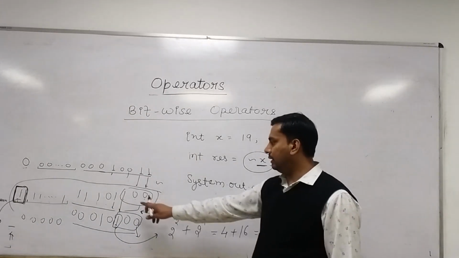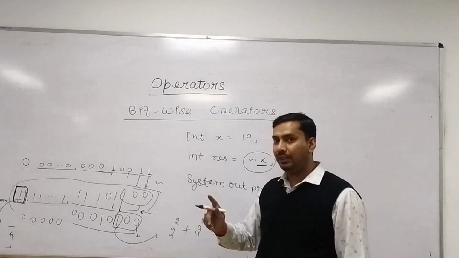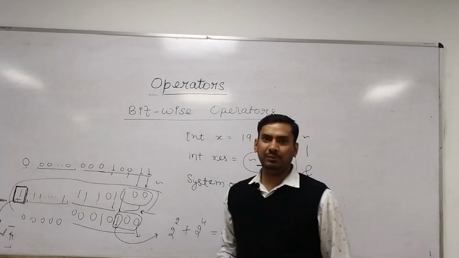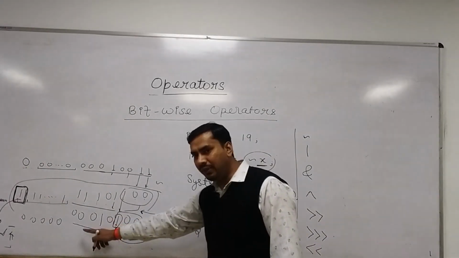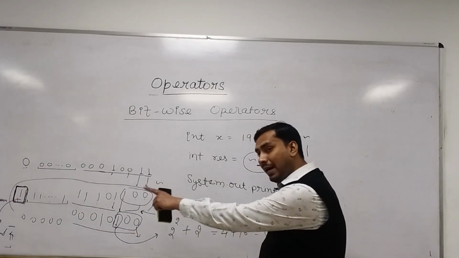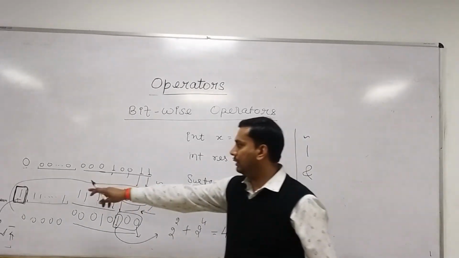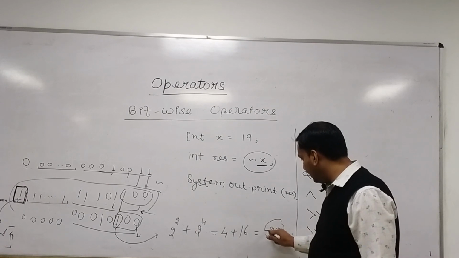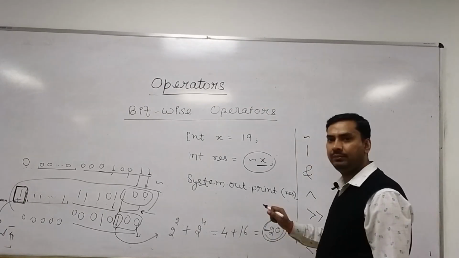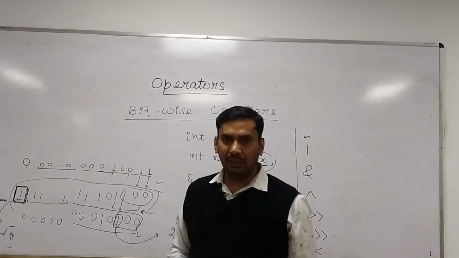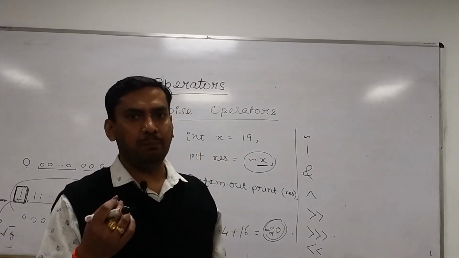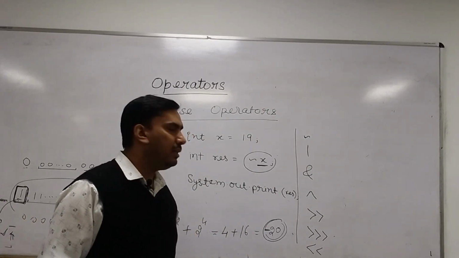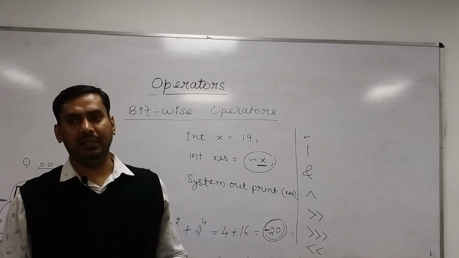So what is this number representing? 20? No. It is minus 20. Right? We just got the value from this 2's complement, but the minus sign has already been determined from this MSB. So don't assume that this is 20, it is minus 20. Right? So this is the concept of converting a binary number whose MSB is 1. Right? The same thing you will apply if you have to represent a negative number in binary.